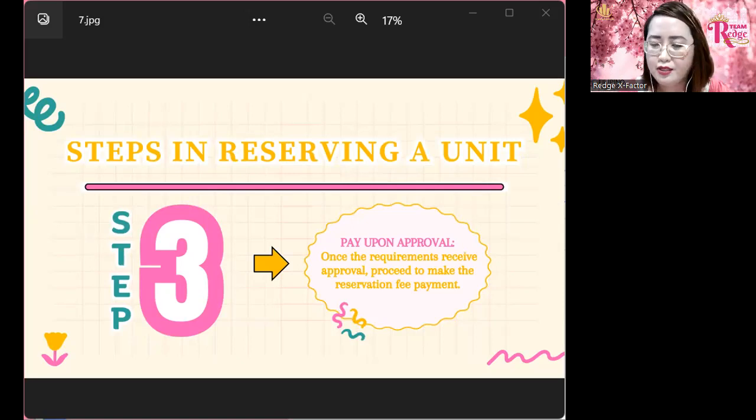Yung mga ganun na reason ba. So it's good na if okay naman sa developer na mag-pay na ng reservation fee, you go for it, mga boss. Okay, and then